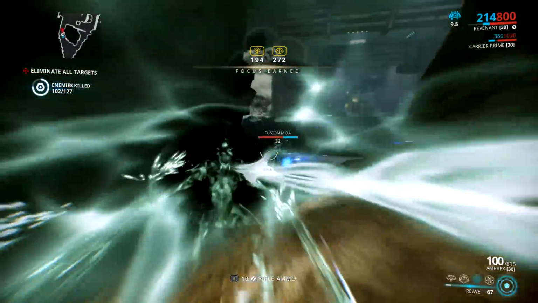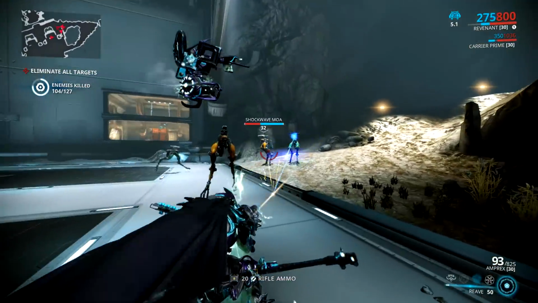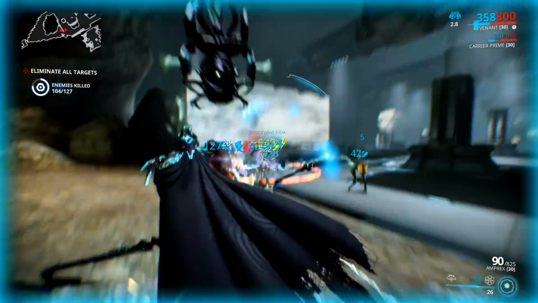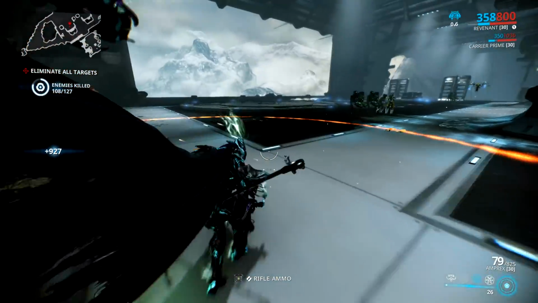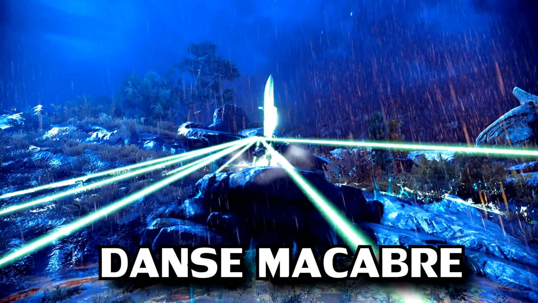However, you can hit the ability button again, which will cancel the dash. And I don't think there's much else to say about this one. It is by far my least used Revenant ability, and I mostly use it just to dash around in Danse Macabre. And Revenant's fourth and final ability is called Danse Macabre, where he turns into a ballerina of doom and